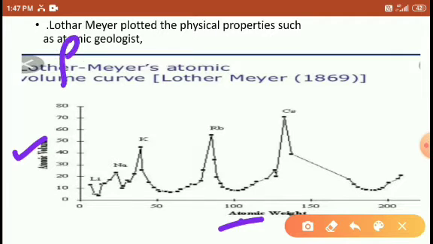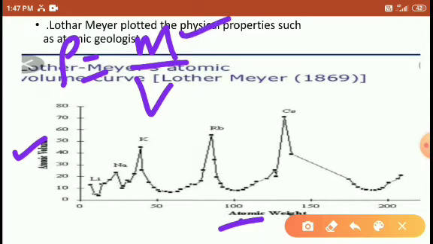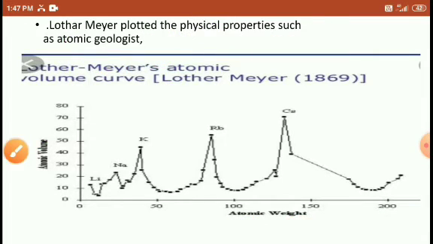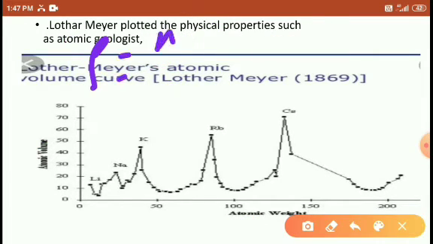We already know that density is equal to mass by volume. The mass is, for example, 1 gram atomic mass for hydrogen, 4 gram atomic mass for helium, 7 gram atomic mass for lithium, etc. That is the mass, which we consider in AMU, as already discussed. And next is the volume. Volume we can easily find: a specific mass of substance is added into water, and the rise in the water level is considered the volume.